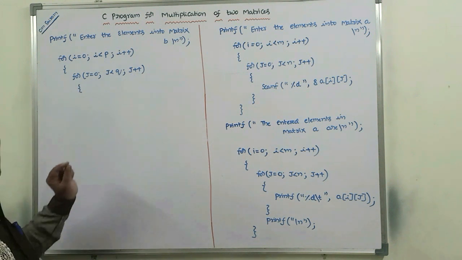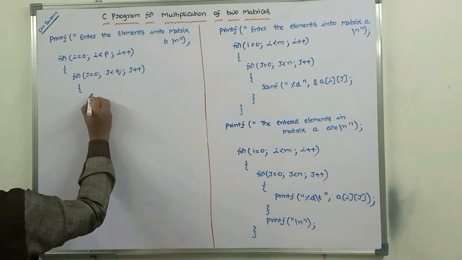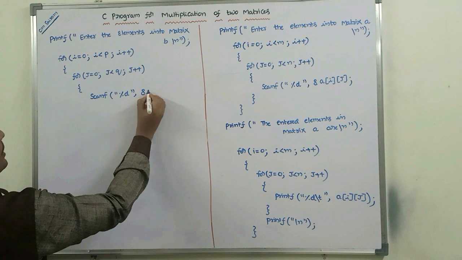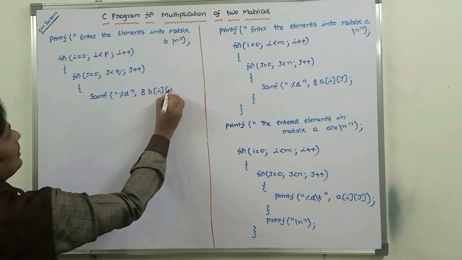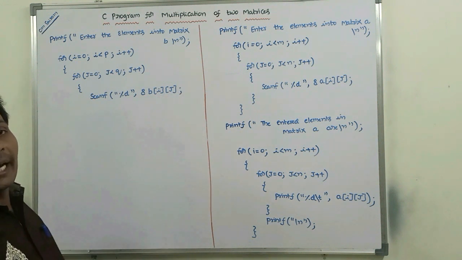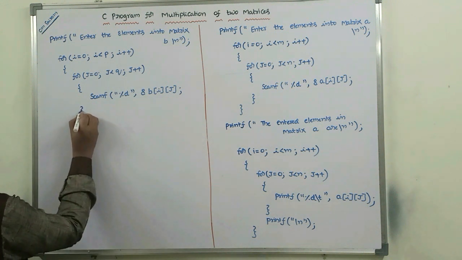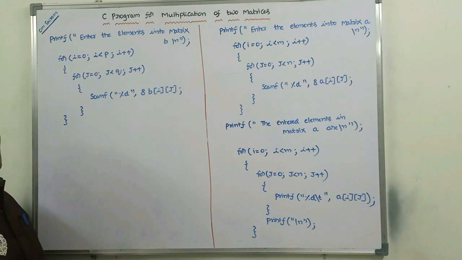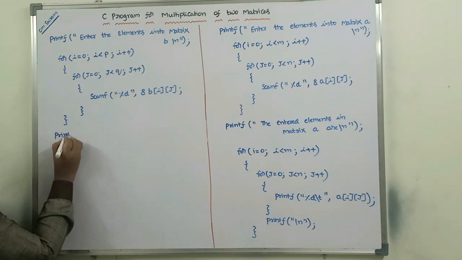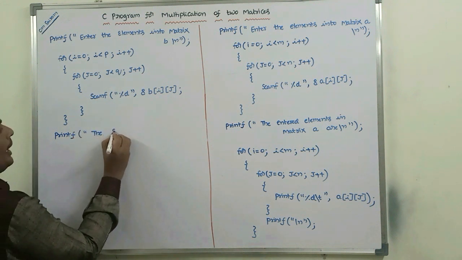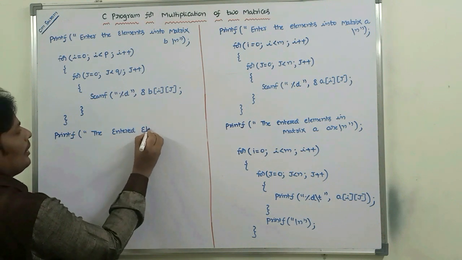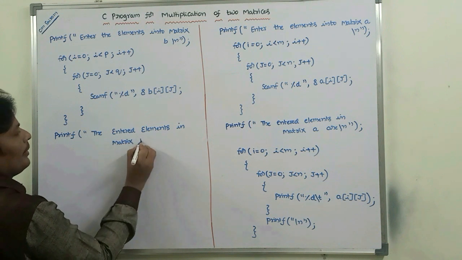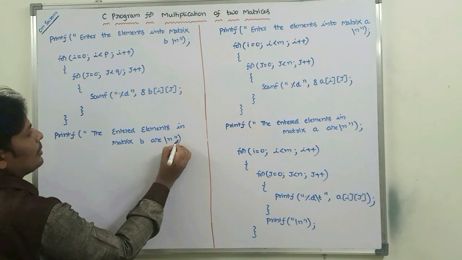Let's begin. We have to read the elements from the keyboard by using the scanf function. So scanf("%d", &B[i][j]). We read the elements into matrix B from the keyboard using scanf. After that, we have to print whatever elements are read from the keyboard into matrix B. So printf("the entered elements in matrix B are\n");